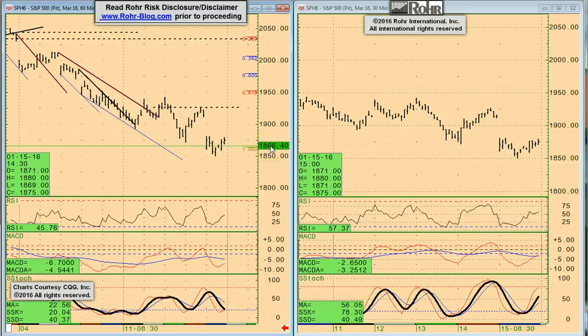Much below 1865 to 60, the next supports, even though it held with some slippage on Friday and recovered, are actually into 1831. That was the August lead contract low on the Chinese currency scare, and 1813, that was the October of 2014 Ebola epidemic scare low before the markets pushed back up. And that pretty much does it for the short-term view of the S&P 500.